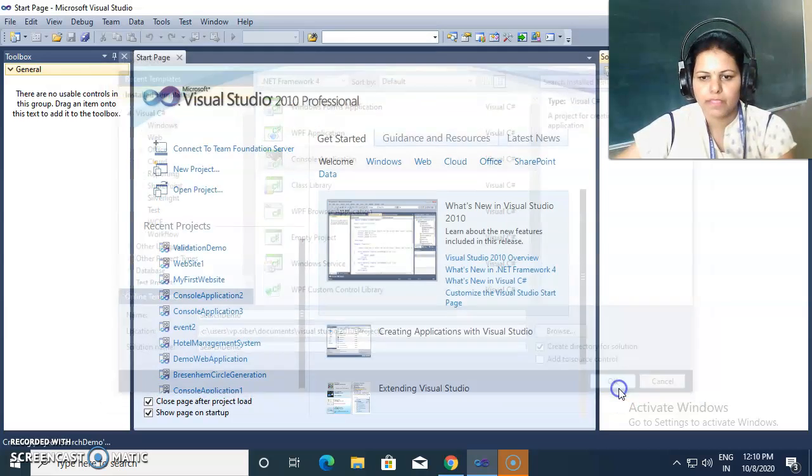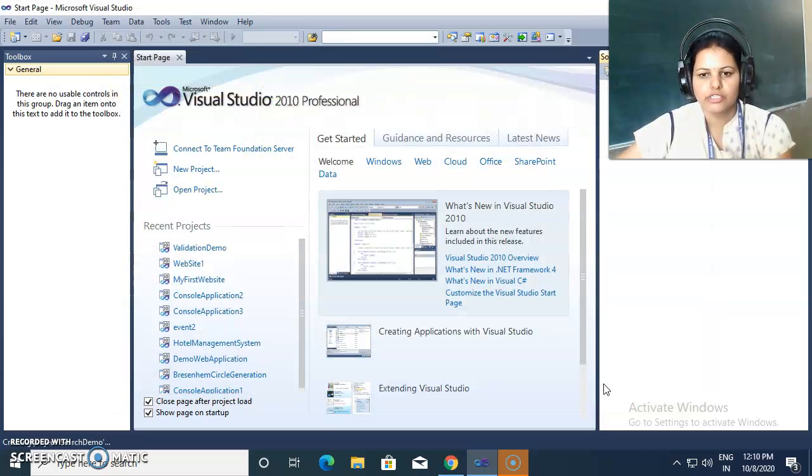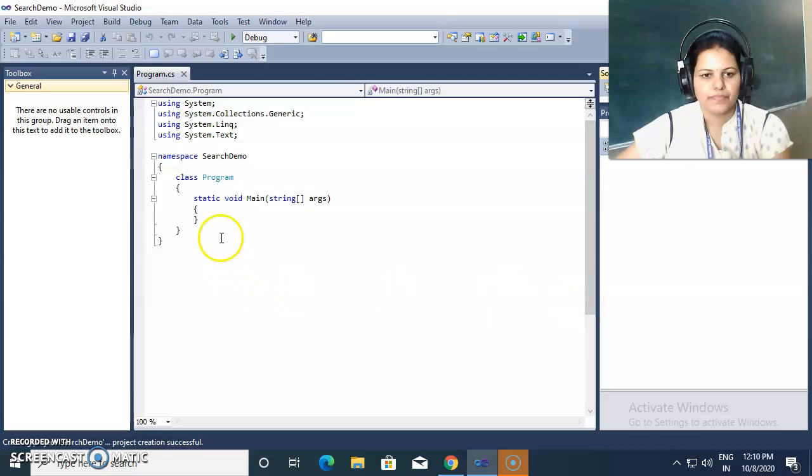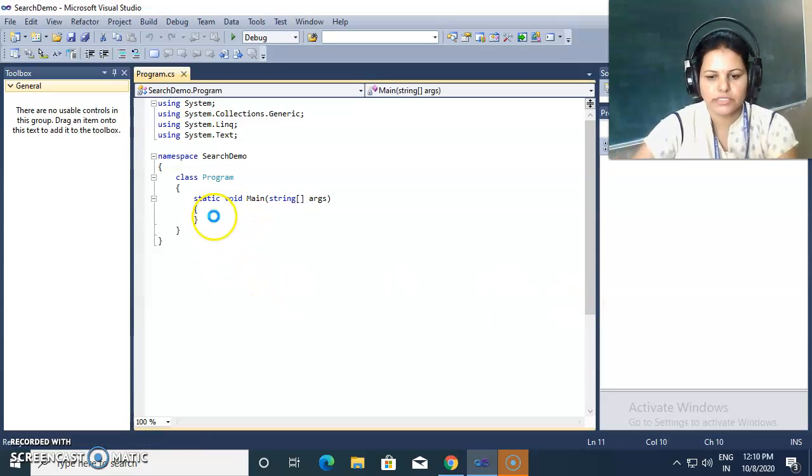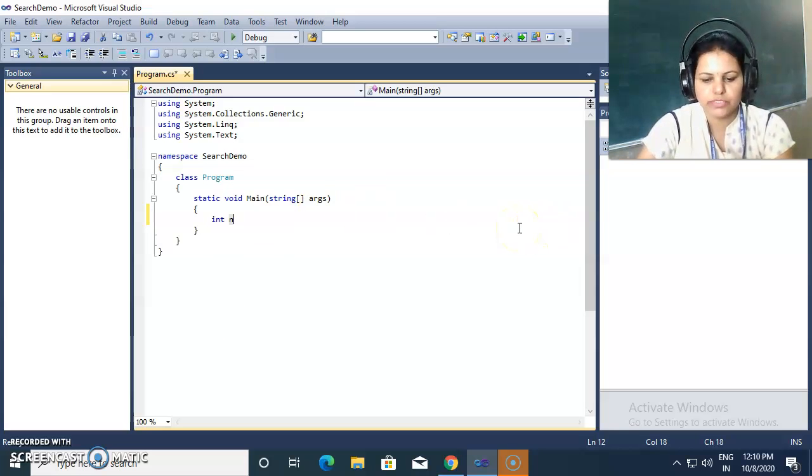Okay, so how we can search one element from entered elements. To store the number of elements I'm using here n. Then for searching an element I'm using here one element variable.